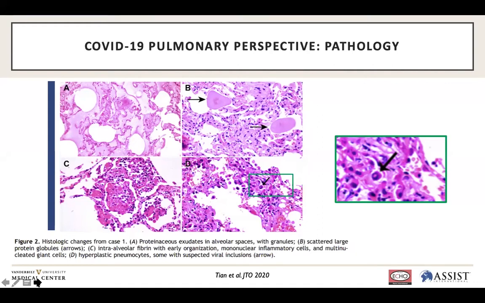And more typical of airway disease is this vast inflammatory response with white blood cells that are accumulating, as well as epithelial cells on the bottom right and large in a green rectangle, illustrating now an epithelial cell that is infected with viral particles, and they called nuclear cytoplasmic inclusions. Next slide, please.